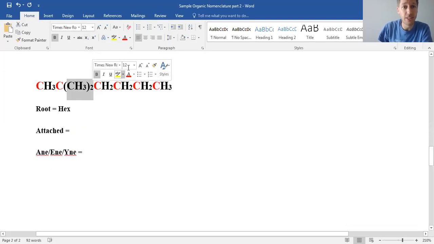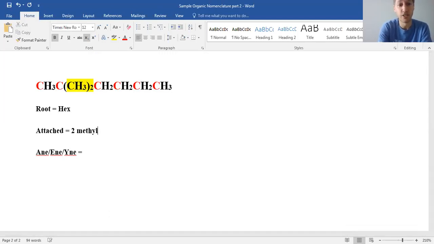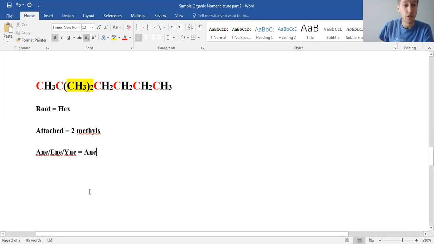We have 2 things attached that are the same. This is 2 methyls that are coming off it, not an ethyl, because it's 2 of the CH3s. So when we name this thing here, we have 2 methyls being attached. On what carbon? On the second carbon. Is it a single, double, or triple? Everybody has 2 in the middle, 3 on the ends. So our name is going to be